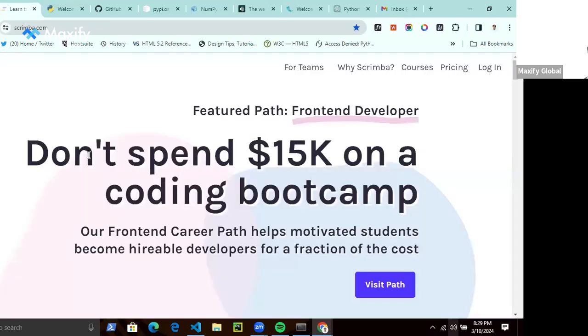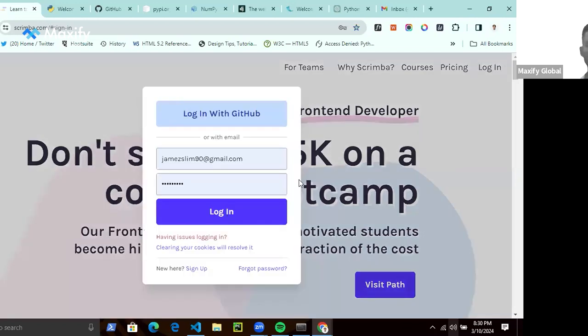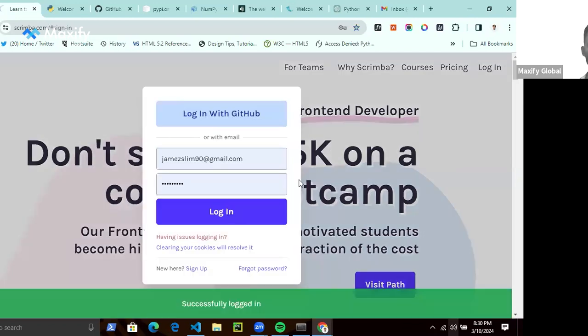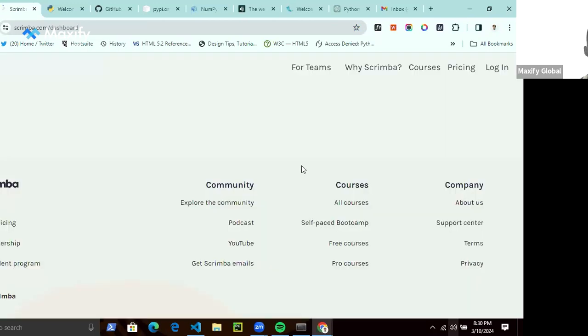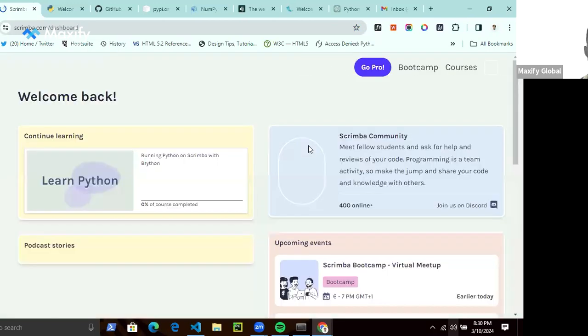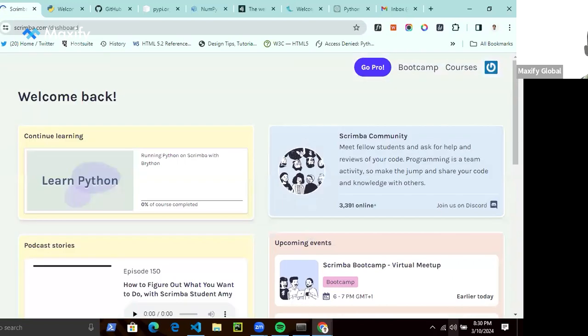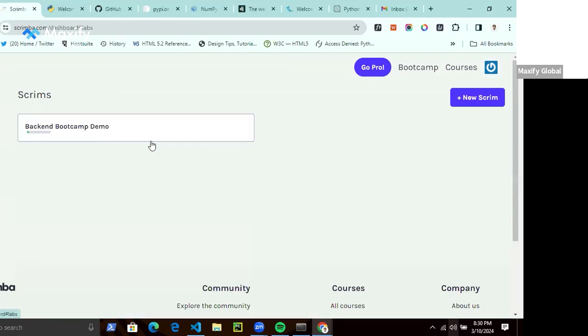So at this point, let's try to log into Screenbar. Let's create an account on Screenbar so that we can write some code. When you log into Screenbar, you just create a new screen.